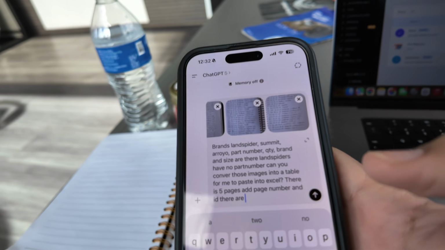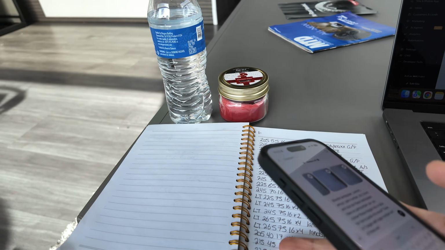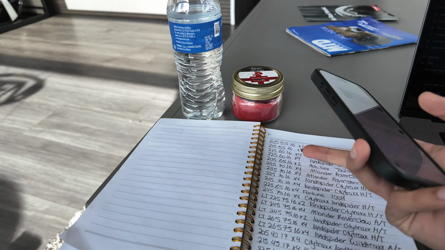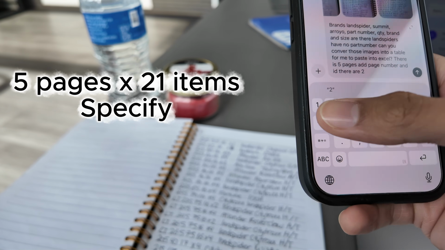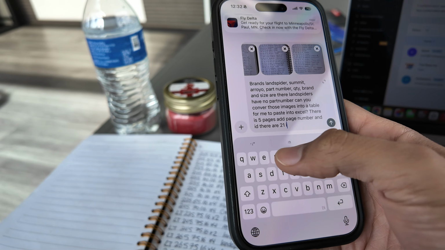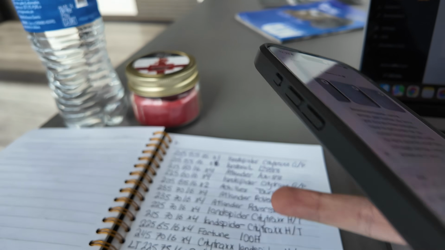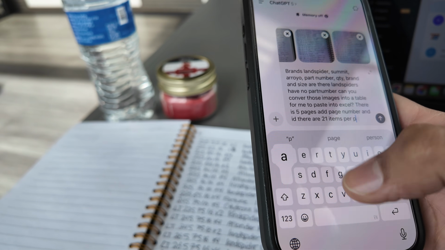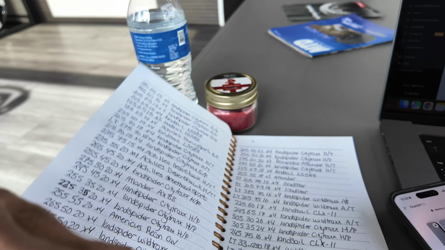Now I do specify it like this much. There's 5 pages long and there are 21 items per page. The reason I do this is because the more instructions you give it, the better, and sometimes it'll skip certain items and then it's just a big mess. So if I know that there's 21 items per page,